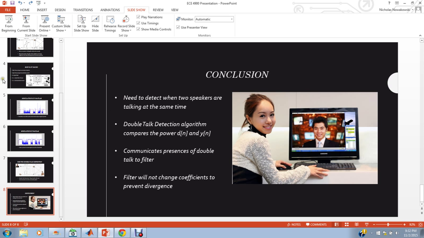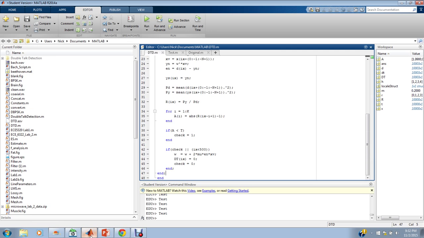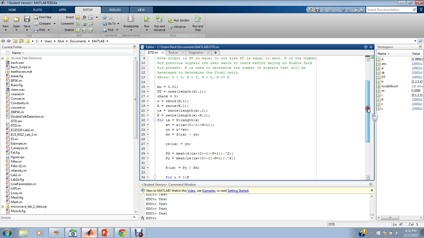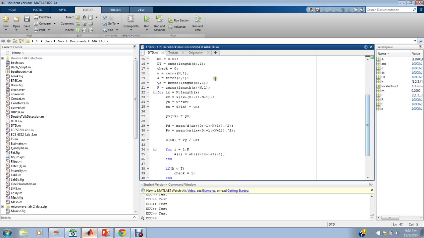Now let's look at the MATLAB code that I used to implement those simulations. So these first couple lines are just constants and pre-allocating my arrays to make it faster. And then we're going to take our input signal, and then we're going to filter it. And we're going to take this filtered signal here,